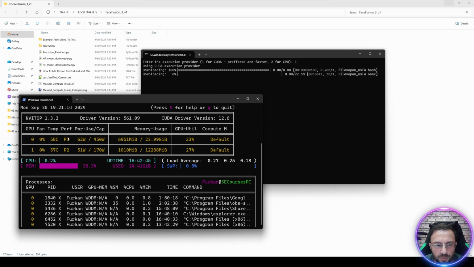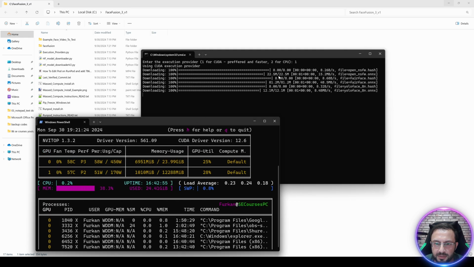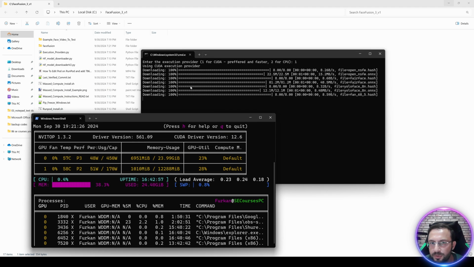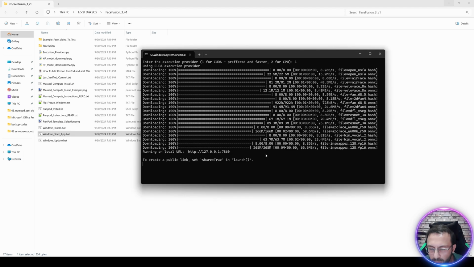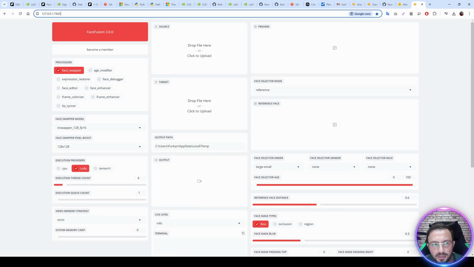We can also monitor the GPU usage. Okay, it's starting. It is downloading necessary new models when you start for the first time. So if one of the downloads fails, close and start again until it fixes all of them. Okay, all models downloaded and the application started. You need to click this link to open, so just select it. Cannot click it, so I'm going to type it. It is here like this, you see.